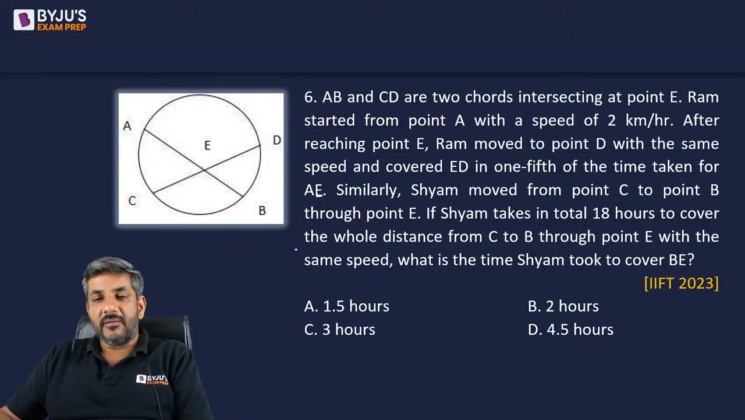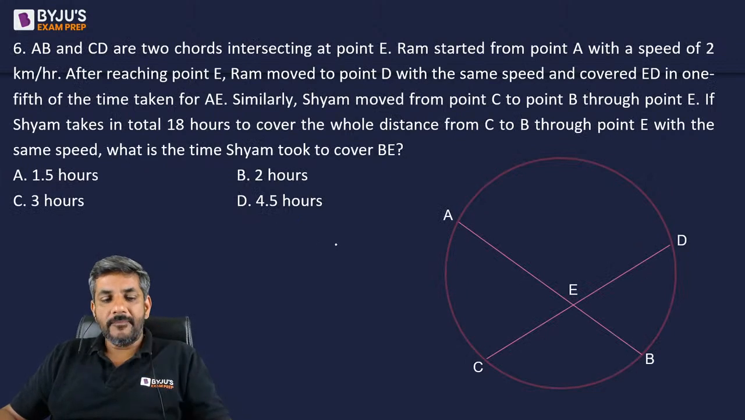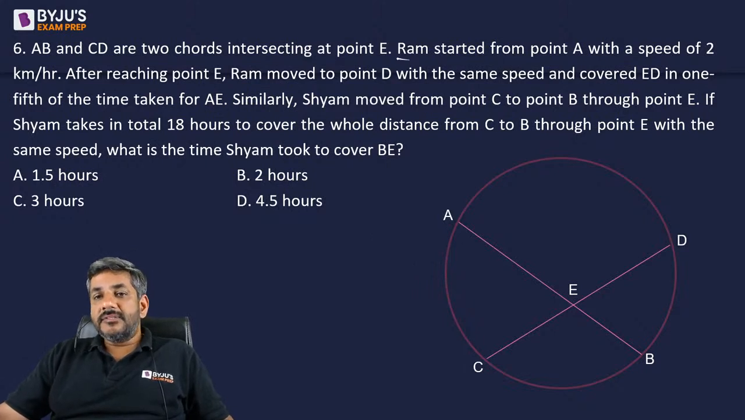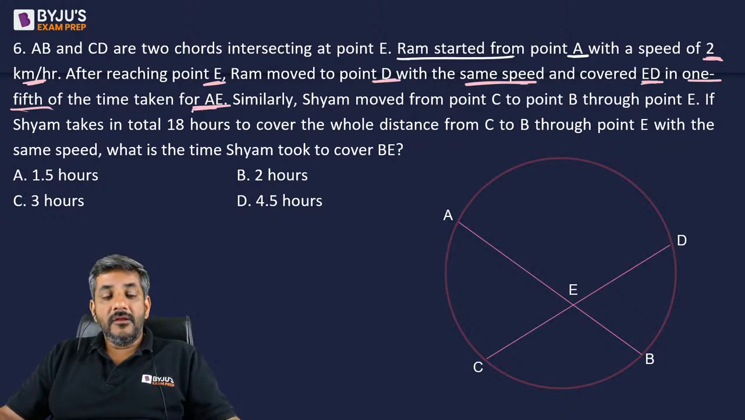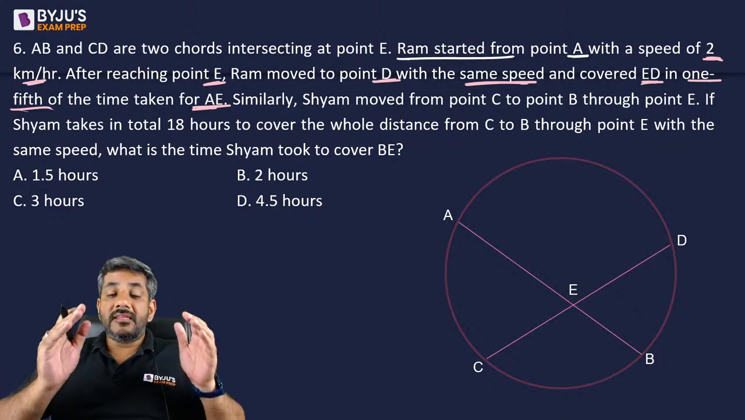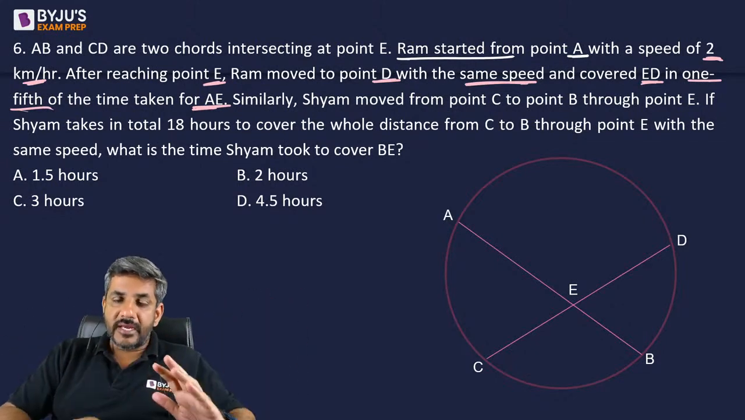So what I have done, I have made this on the next page, to make it a little more clear. These are the points. When he says Ram started from point A with a speed of 2 km per hour, and after reaching point E, he moved to point D with the same speed and covered ED in 1/5 of the time taken from A. So if you are covering at the same speed from A to E and from E to D,